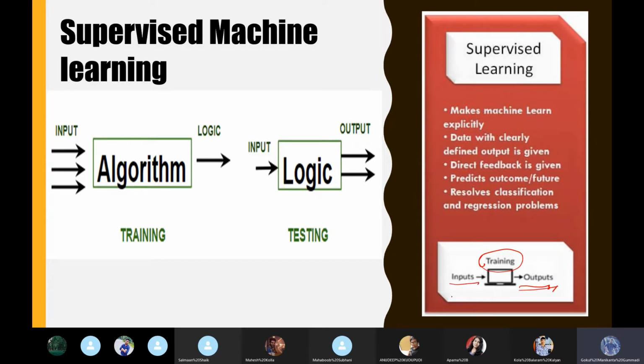Many might think input means independent variables and output means dependent variables. No. Not just in supervised but in machine learning generally, we give both independent variables and dependent variables as inputs, and the output will be the model, and we will use this model to predict our future requirements or other things.